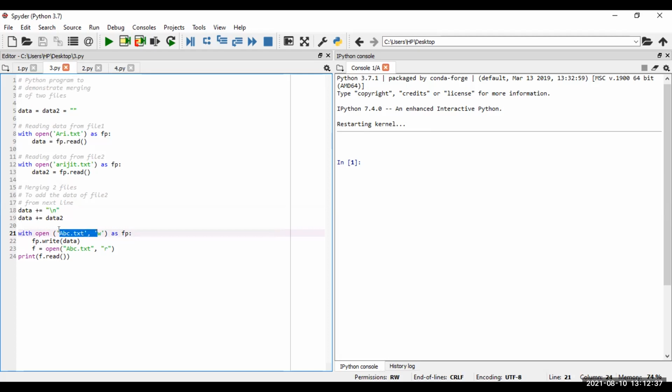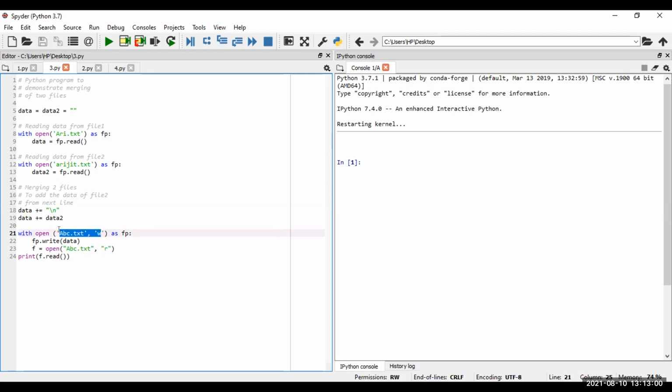In that case, we use the write permission, because we are creating a text file and at the same time putting some value in it. We are writing some value in that text file. So we are creating a new text file with the help of the program, and putting values at the same time.